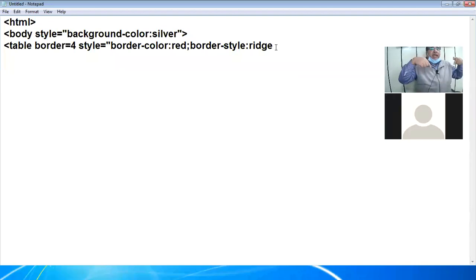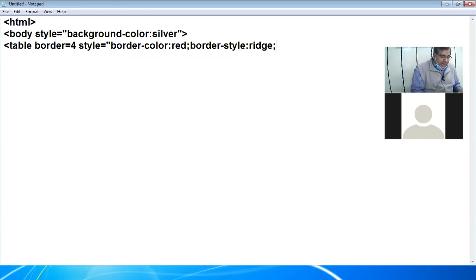When you create an outlining outside the border, the table is surrounded by the border, and the border itself is surrounded by the outline. There is a difference between outline and border. Properties are the same, values are the same, but the working is different.